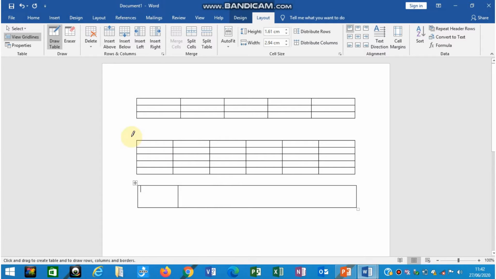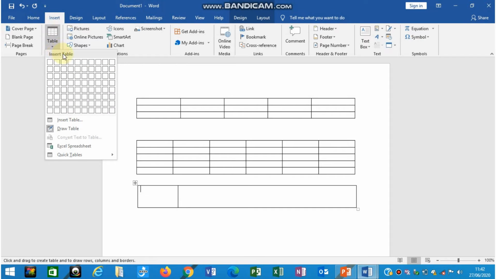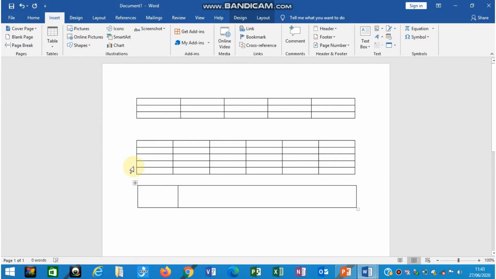Okay, fine. In this way, these are the three methods to draw the table. First is continuous click on the table and move the mouse pointer to whichever number of rows or columns we want. Then second is by using the insert table option and third is by using the draw table option. Understood how to create a table?